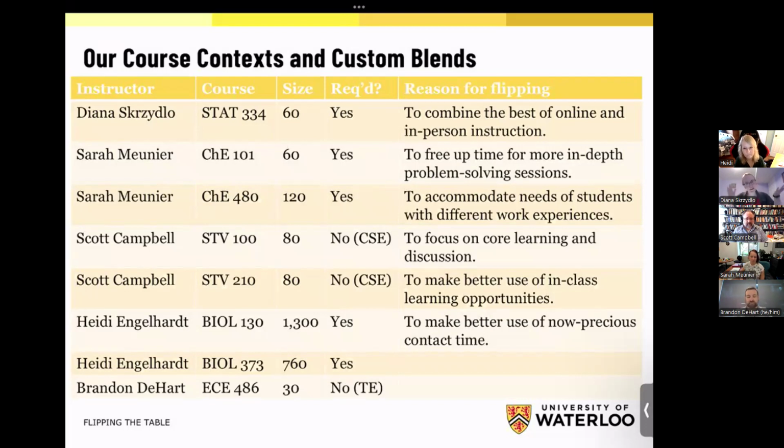So how my custom blend worked was I had fewer than the usual 3 contact hours for the course. I actually only met once a week for an hour and a half. I posted videos, 2 videos a week, and then in that 1.5 hour in class, we would meet and we would do a Kahoot quiz on the material, as well as an in-person group activity, and they would hand that in by the end of the class. There were some other assessments as well, but that was the basic model of my flipping. I will pass it on to Sarah.